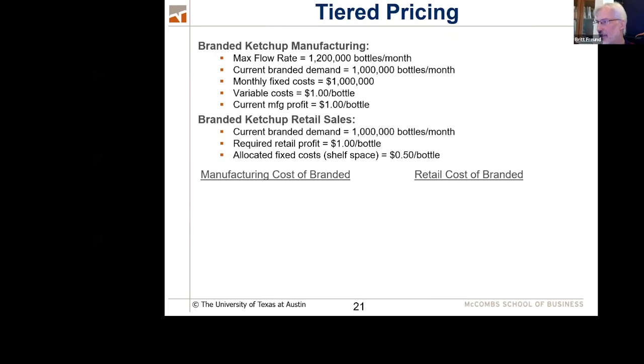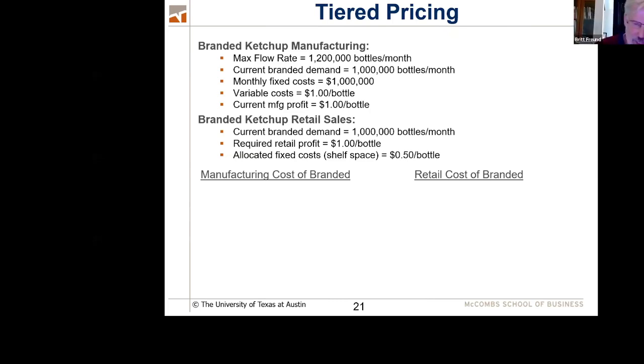Okay, so hang on. All right, so here we go. I want to do an example and I want to explore this exact idea because tiered pricing, incremental costing, incremental fixed cost, it's a very powerful tool, but it's a tool you've got to be very careful with because if you're not careful with it, it can burn you. And so I want to show you how to do this. Okay, and I think that's worth spending probably the next 40 minutes on. Then y'all will be on your own to read the stuff for next class, and we'll talk about it next week.